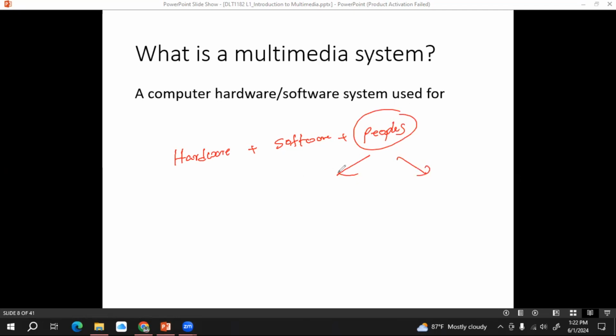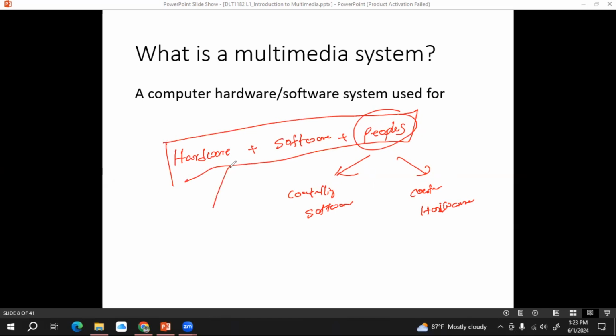The first part is the people who are controlling the software part. Then the other is those controlling hardware, right? We can get them together as the people component. Then we can say this is a multimedia system, right?